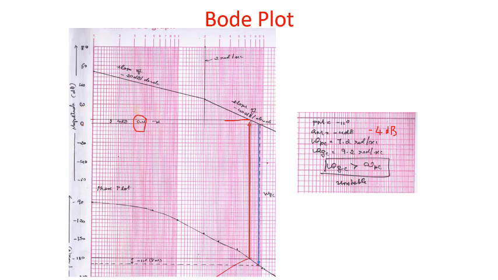Next, as I have told before, where the magnitude line, this is the minus 40 dB line, is going to cross the 0 dB line. This is the 0 dB line. So where it crosses, from there we come down and touch the phase plot line. This is the phase plot line. Where it intersects, from there we go on the left side, and we are measuring the angle from minus 180 till this point. So how much is the difference? This is down, this is down. So what is the difference? That difference is going to be around minus 10 or 11 degrees. So this is minus 11 degrees which we have calculated.